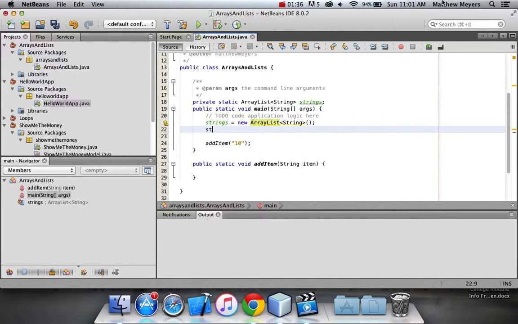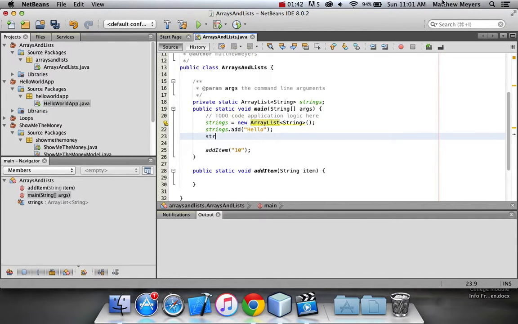We can add to strings like this. We can add more to strings like this. Not hello world, that's boring. How about